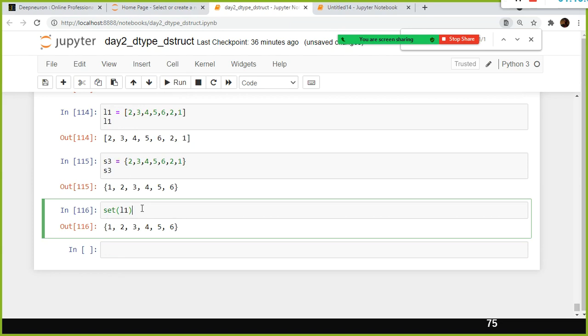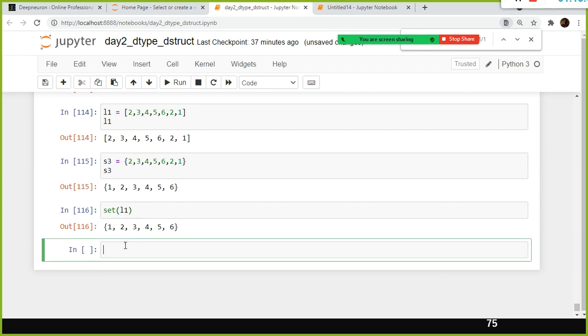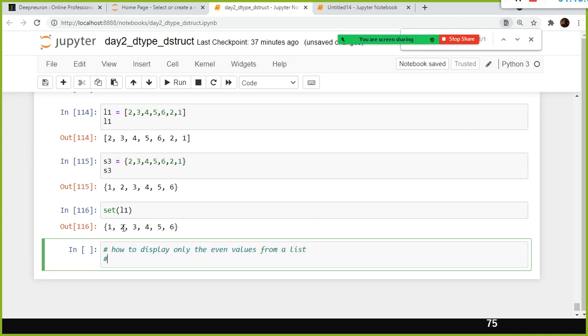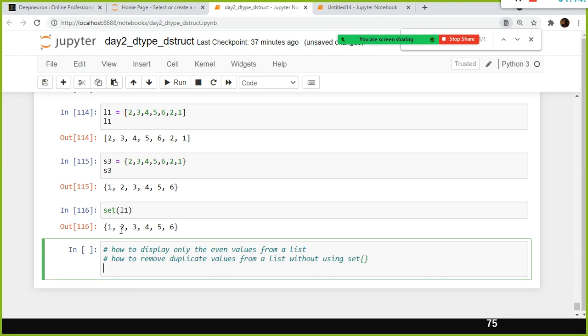Now the assignment for you is how to display only the even values and odd values from a list. This is one assignment. How to display only the even values from a list. And the next thing is how to remove duplicate values from a list without using the set data structure.